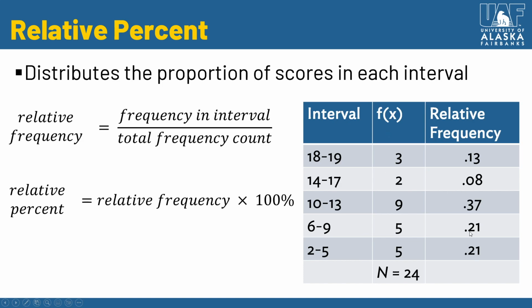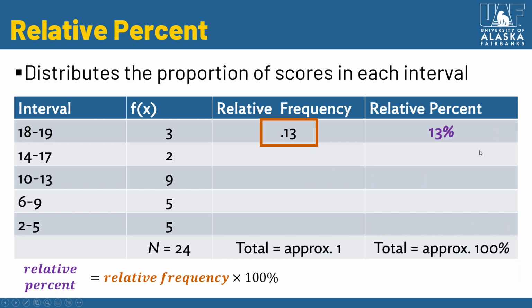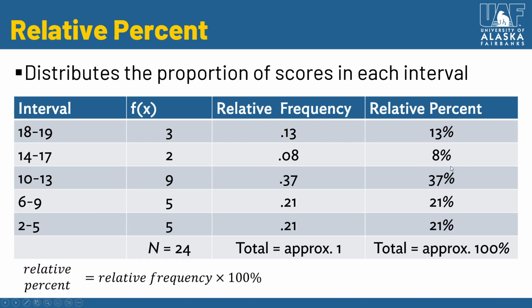And these might be a little less intuitive to interpret. Really, I think the main importance here is to convert this into a percentage. In this case, percent is just this frequency times 100%. So for example, 0.13 times 100 is 13%. Essentially we're just moving the decimal point over 2 spaces. So yeah, 8%, 37%, 21%,